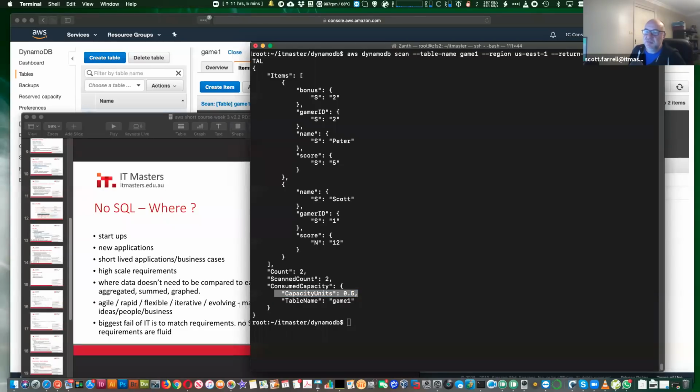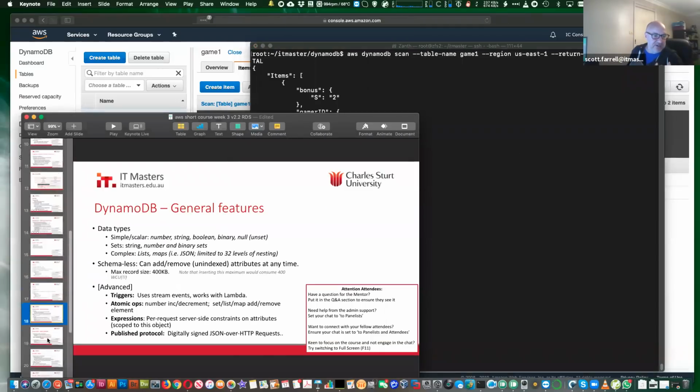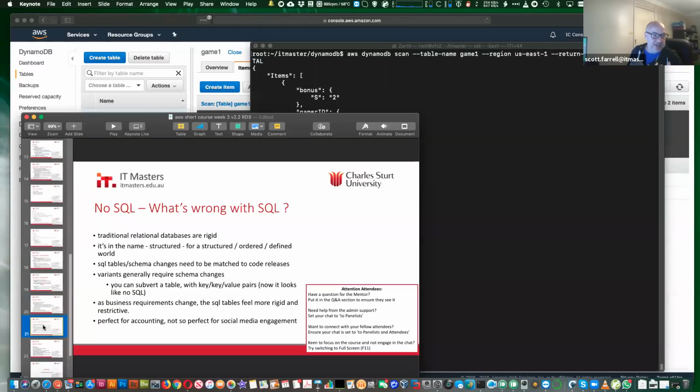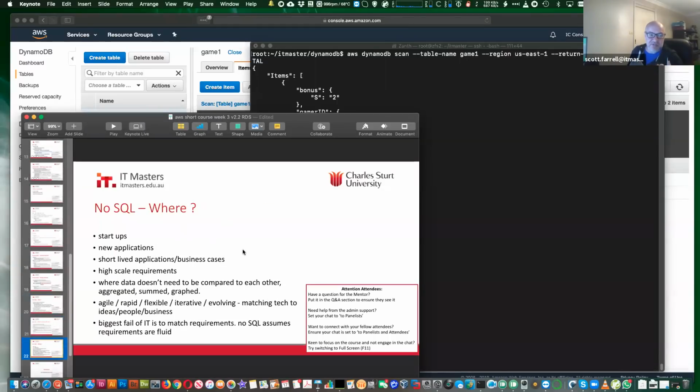Can you give examples of what you mean by matched requirements? So, clients throw requirements at you, and I try to give you some ideas in the slides. Maybe that question came in before I brought up that slide, but this is where you'd use NoSQL. Startups, new applications, short-lived, agile businesses. Could this be used as a DB development tool to see where the requirements trend to? Well, I don't completely understand that question.